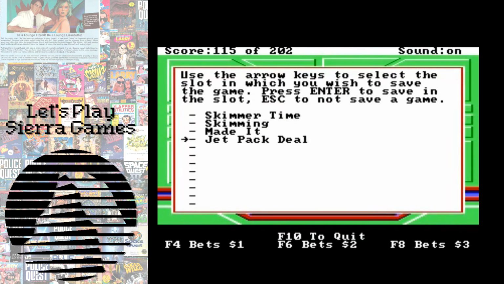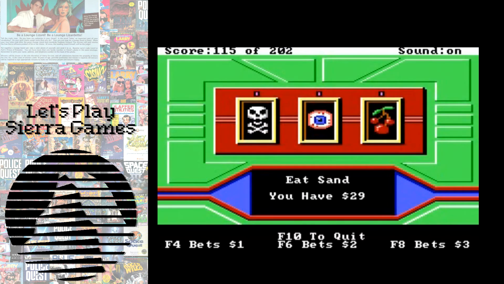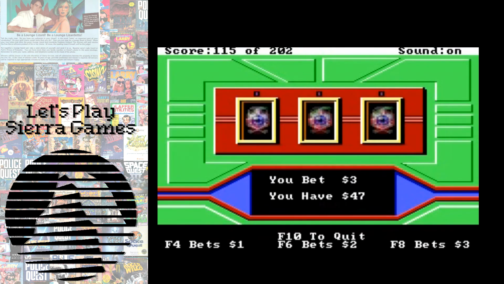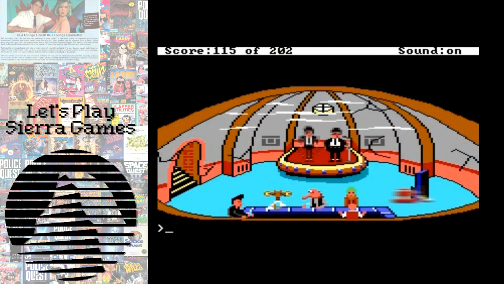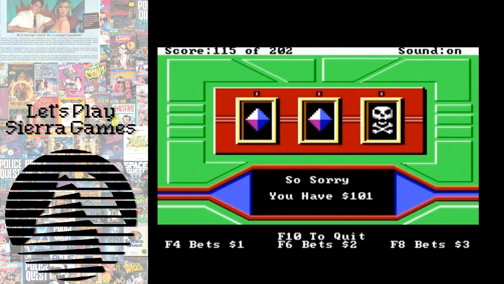So what we need to do is gamble. Now I sped this up and then sped it up again because I spent quite a bit of time gambling here. So the thing is basically save and then restore when you lose and just keep playing that way. It's really easy because F8 is to bet the most, which is 3. Then F7 is restore. So if you lose, you just hit F7, enter, and then go back to your game,